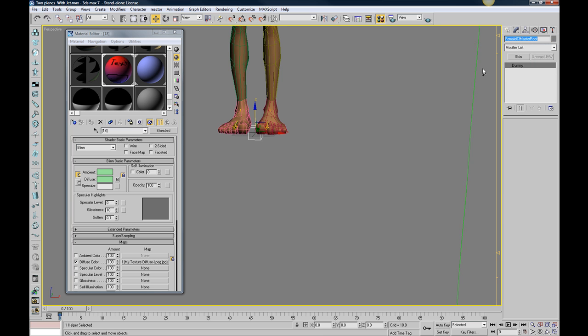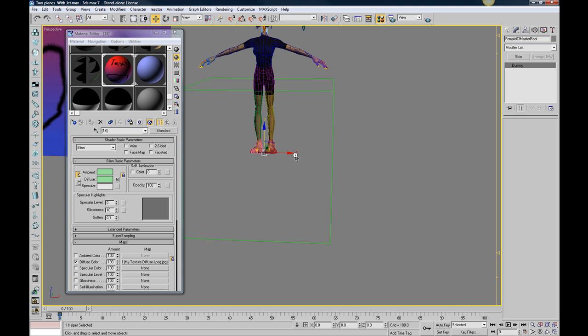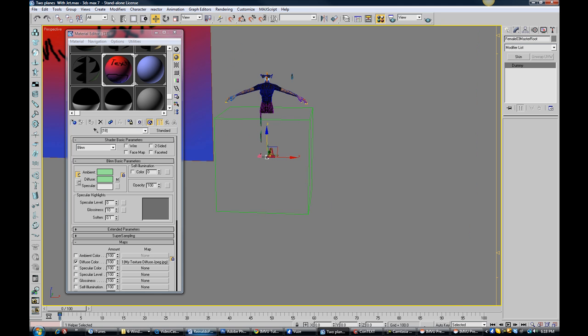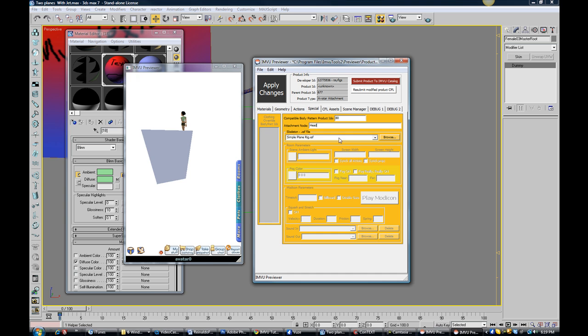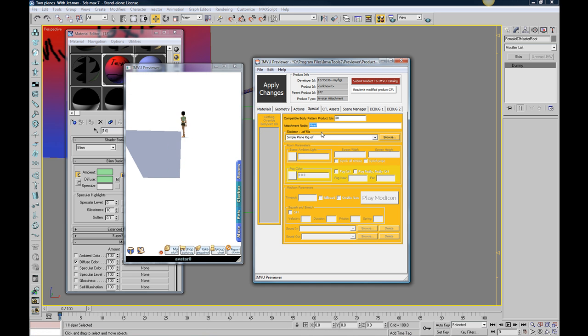root. So I'm just going to copy that, and I know it's part of the rig, so I'm going to go into the previewer, and instead of head, I'm just going to paste that information, and hopefully we're going to get our plane facing the right direction. So I'm going to hit apply, and let's zoom out, and we have our plane, and we